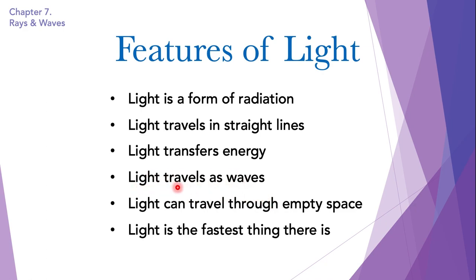Fourthly, light travels as waves. We read about this in the previous chapter as well, waves and sounds. So light radiates from its source rather as ripples spread across the surface of a pond. However, in the case of light, the ripples are tiny vibrating electric and magnetic forces instead of water. Light waves have wavelengths of less than 1,000th of a millimeter. So like other waves, they can be diffracted. But the effect is too small to notice unless the gaps are very narrow, for example, as in a fine